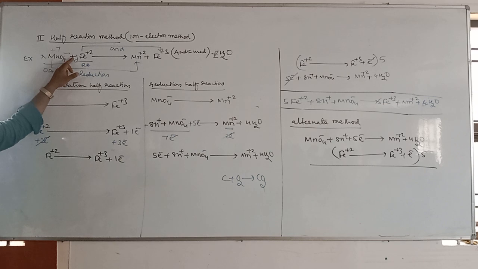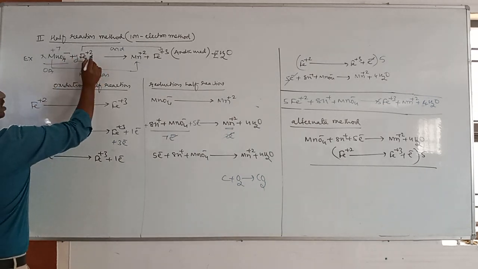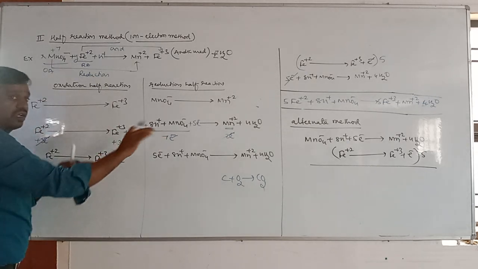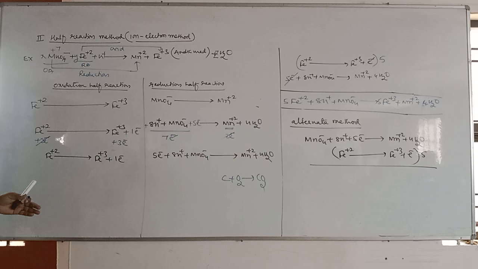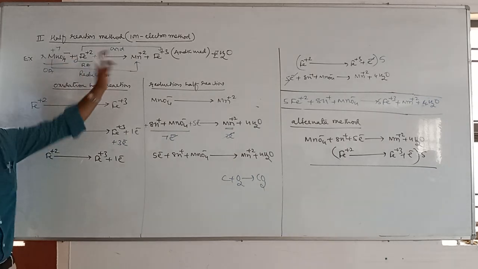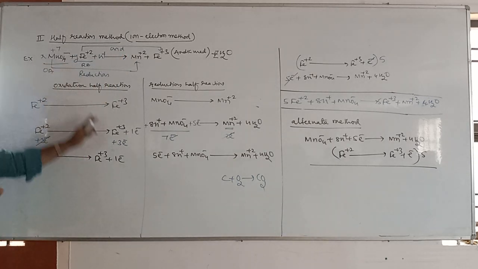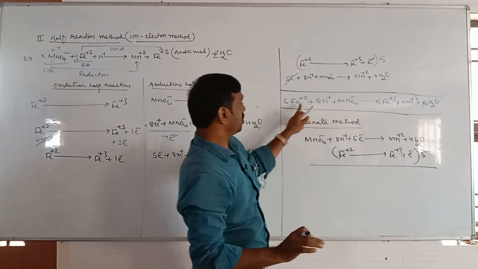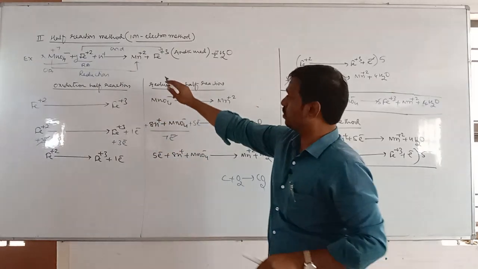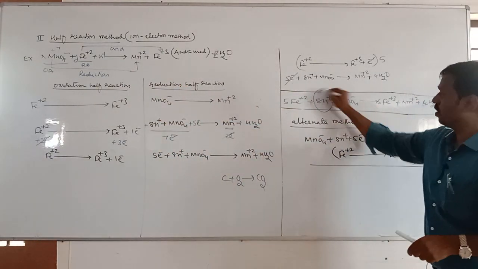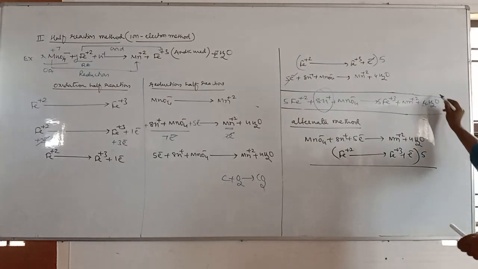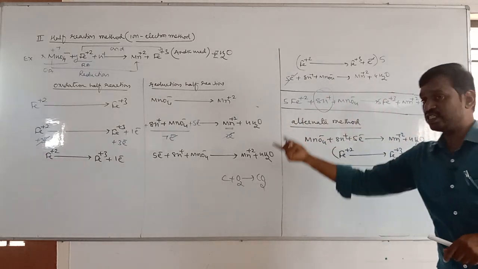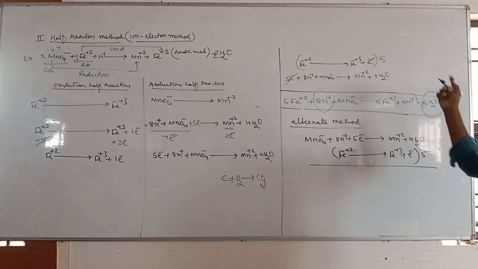Suppose even H plus is given here. Will you take H plus in oxidation or reduction? No need to take it anywhere. You take just the species which is undergoing oxidation and which is undergoing reduction. Need not take H plus ion, need not take water molecule. You will get them automatically when you balance. Here we have not taken H plus, no. Here we got H plus, right? There we have not taken water, here we got water, no. That means when you balance the equation, if there is H plus ion, you will get H plus ion. If there is water, you will get water.